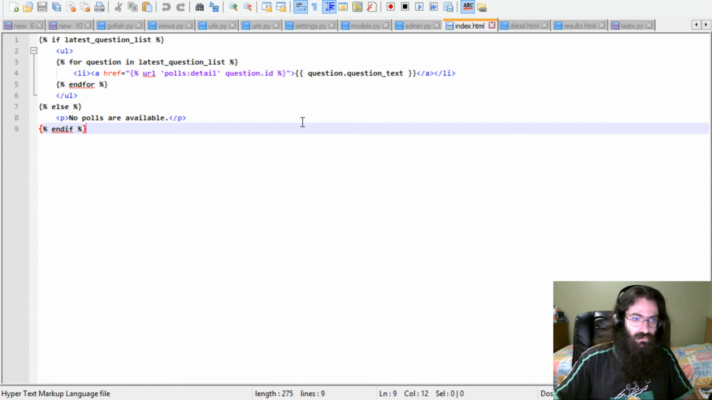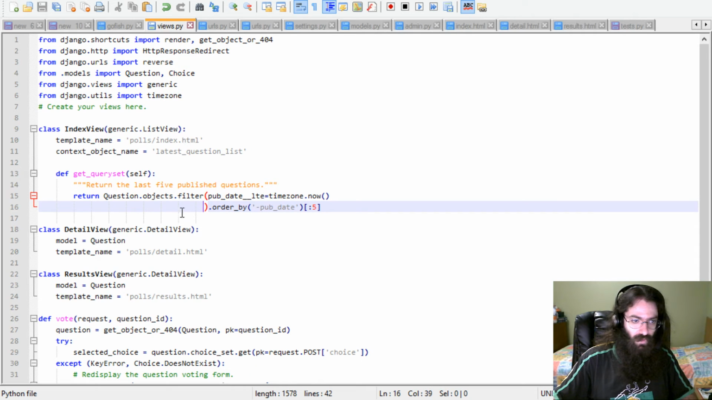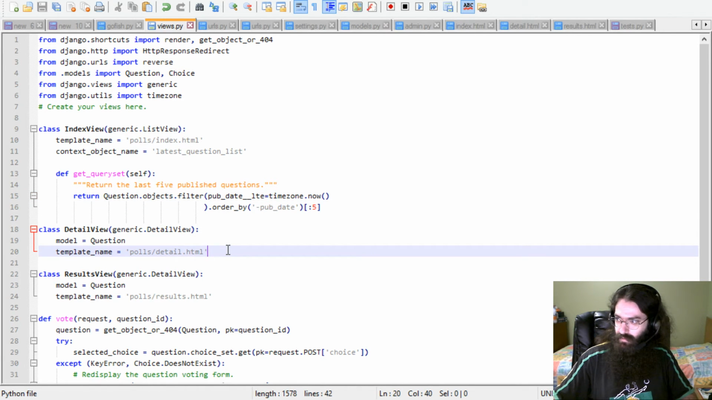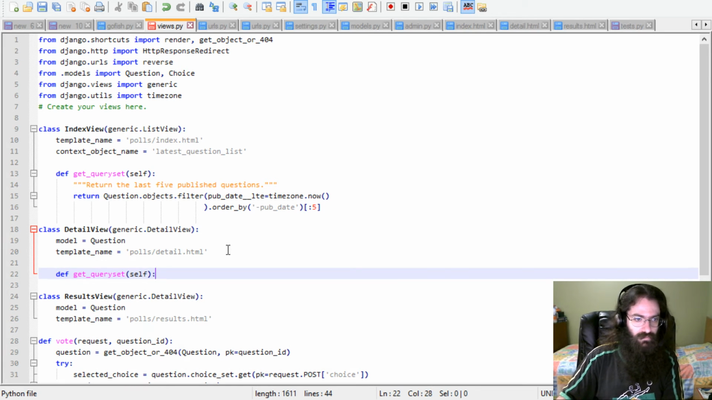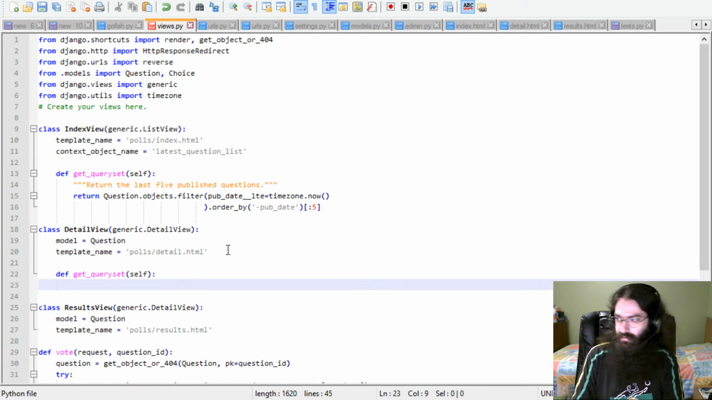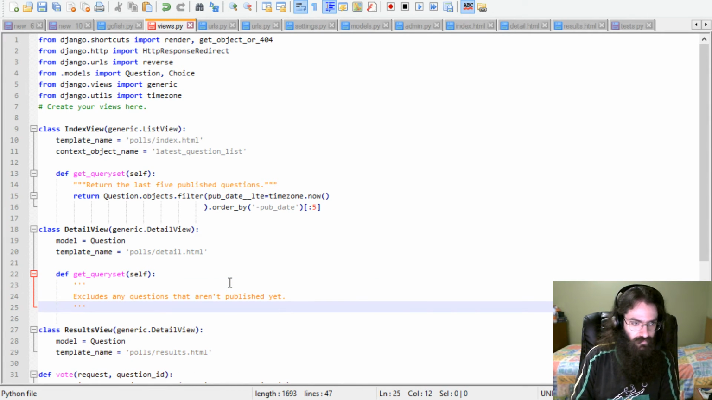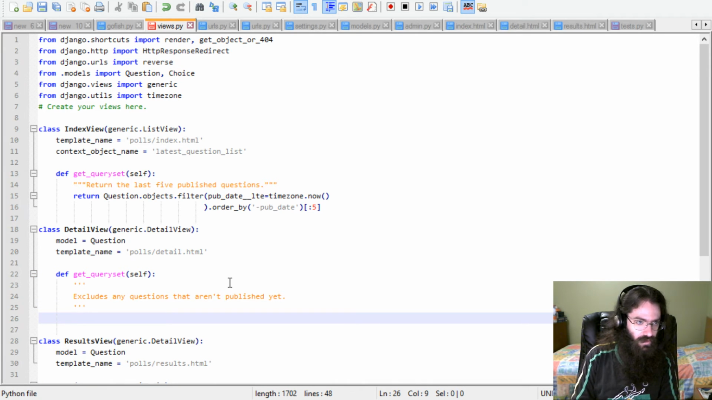So we're going to go to views, and we're going to go to our detail view. Okay. And we're going to modify its get_queryset. Let's do this. And then it excludes any questions that aren't published yet. And we're going to have return